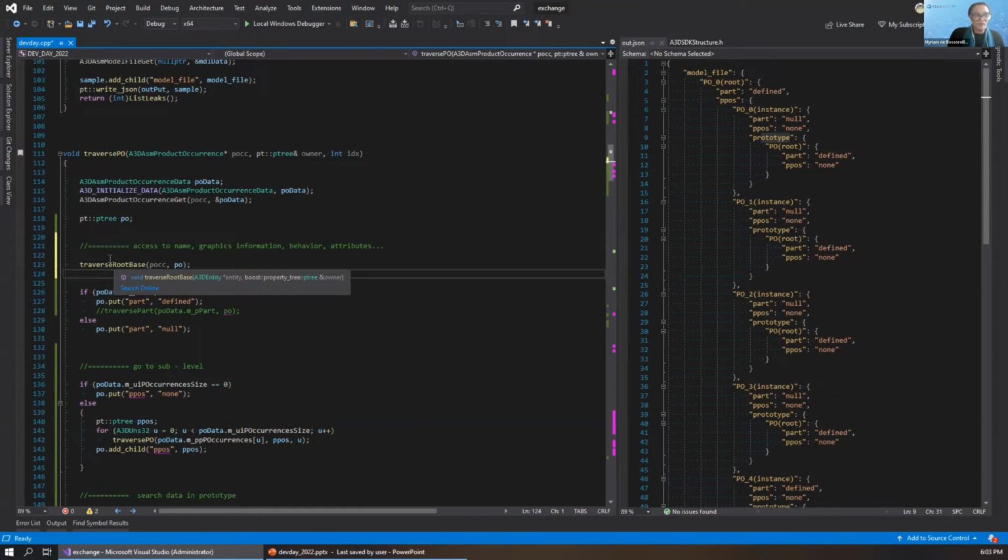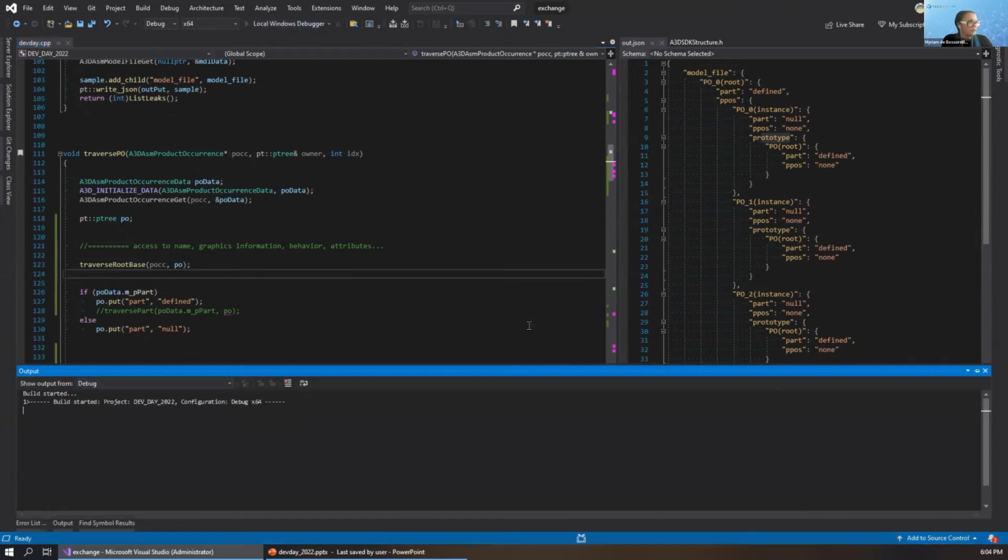The root base data will give you access to the name, persistent ID, attributes, and graphic information: line pattern, color, textures, materials, and behavior. What I mean by behavior is the visibility status. You have also key information around inheritance for colors and for visibility.